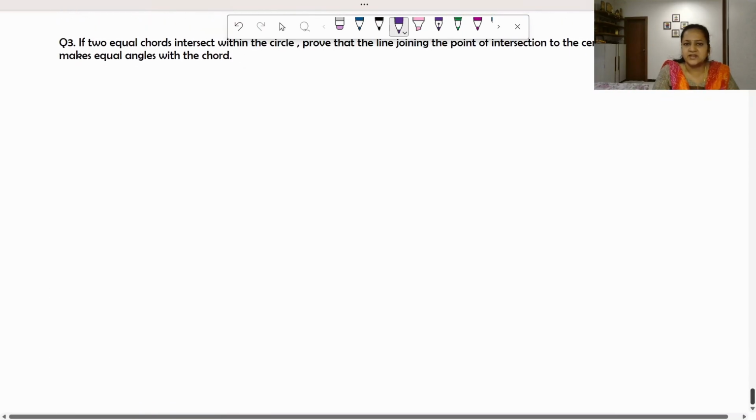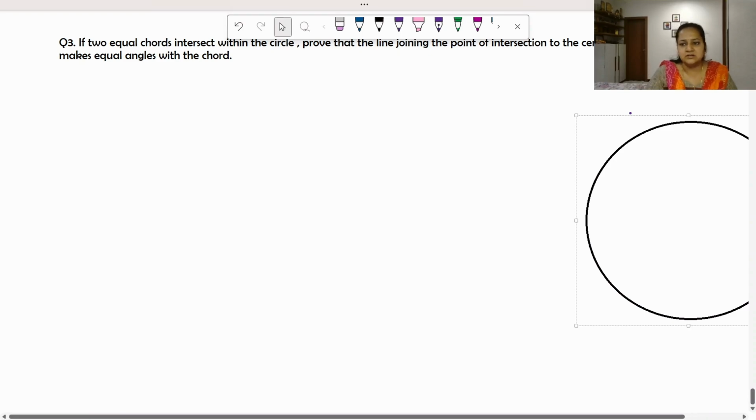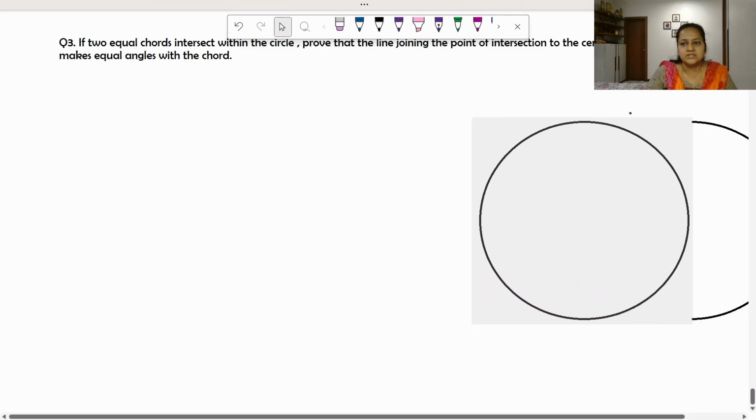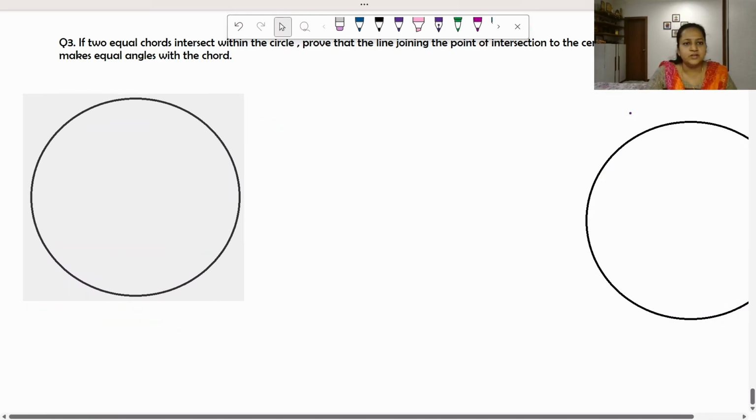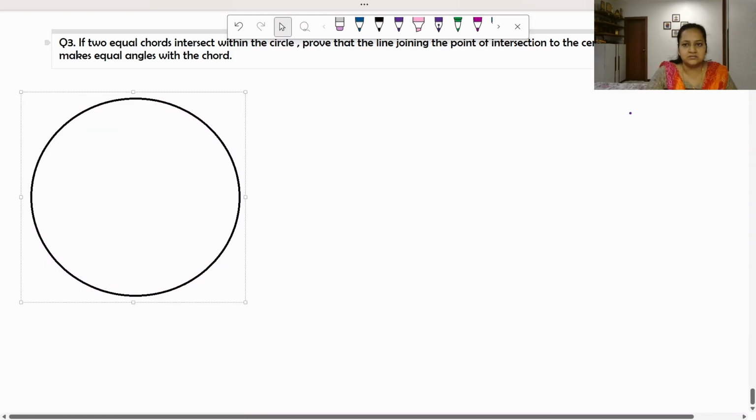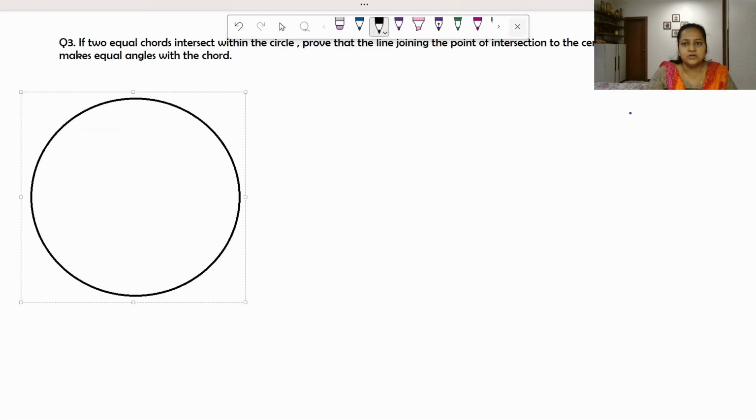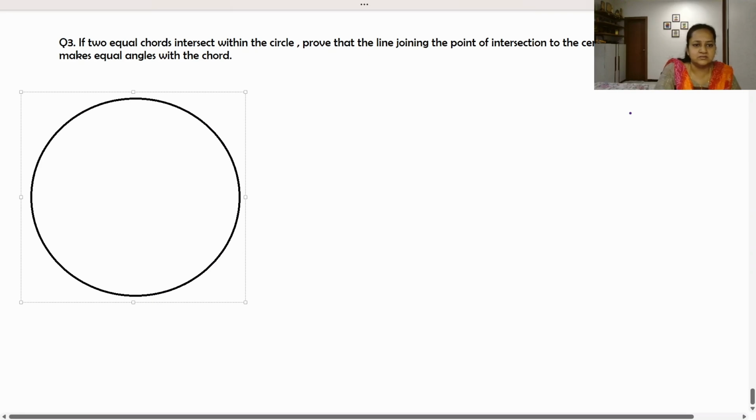If two equal chords, it's very much related to what we are doing. It is exactly the same as what we have already done. We have a circle. What is given to us in the circle? If two equal chords are intersecting within the circle, so we have the center of the circle, we have two equal chords again,